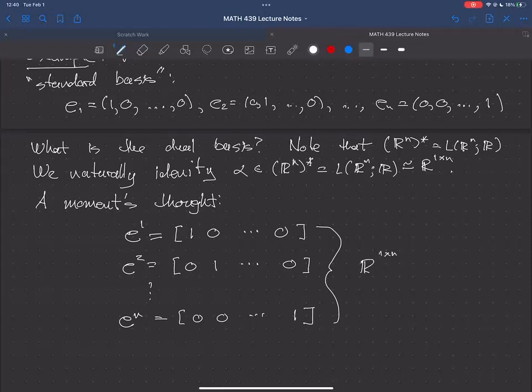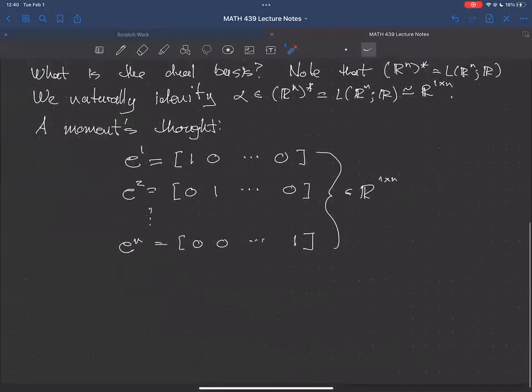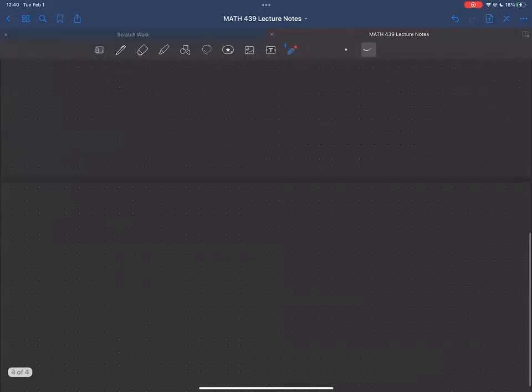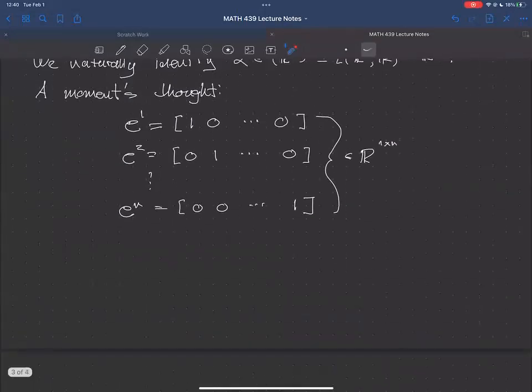Okay. All right, so make sure that you understand the difference between that and that. This is an element of Rn. This is a 1 by n matrix. Okay. Now,